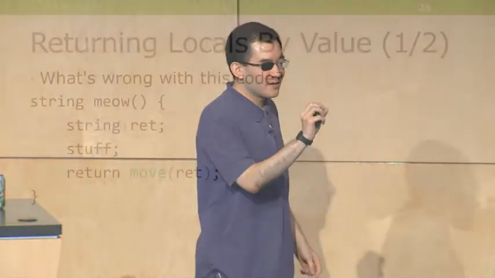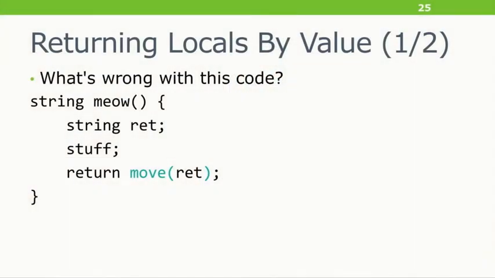Okay, so here's another example where I've upgraded to C++11. I've heard that move semantics are awesome. I should use them all the time. So I'm returning a string by value. And I've got a string bret. It's a local variable. I need to do complicated stuff to it, not just a single line. And then I know that in general, lvalues are named expressions, and I cannot move from them, because that would scribble null pointers into them, and it would be obvious. So if I say return move, I'm trying to move it out. The problem with this, does anybody see?